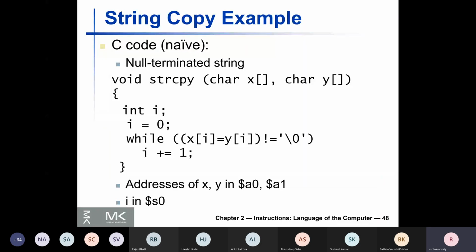Exactly the same as the C code. After you have copied y of i to x of i, you compare the value of the entire expression x[i] = y[i], which is the final value of x[i], with 0. So that logic is essentially expressed in MIPS like this.